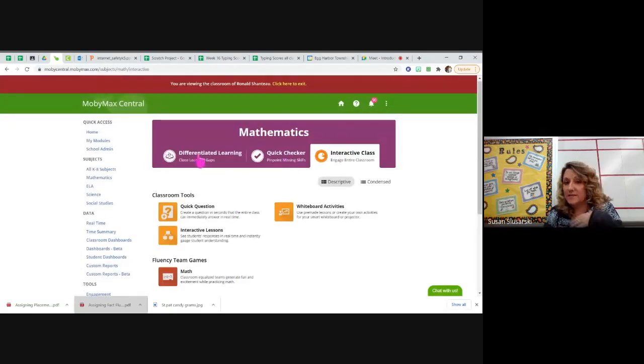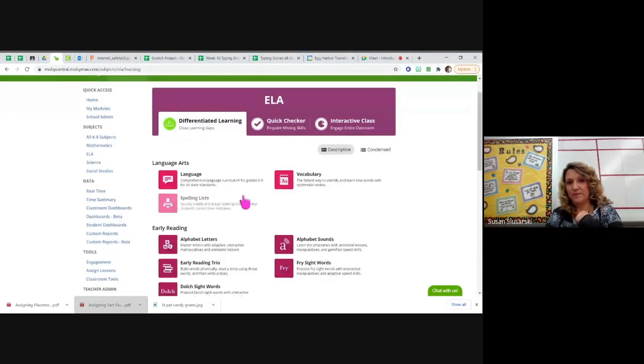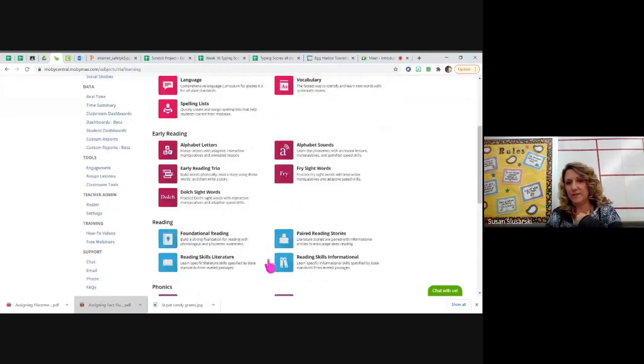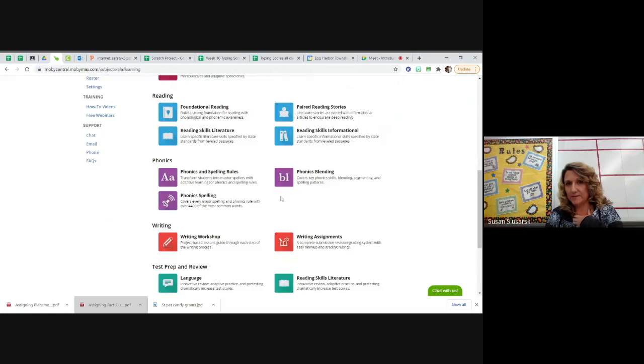So this is pretty much the same format for your ELA and your science. Your ELA has the different things. Here's all your reading stuff down here, of your literature and your informational text. Here's your phonics and stuff for lower grades, and they have the writing workshops, which are a little hard